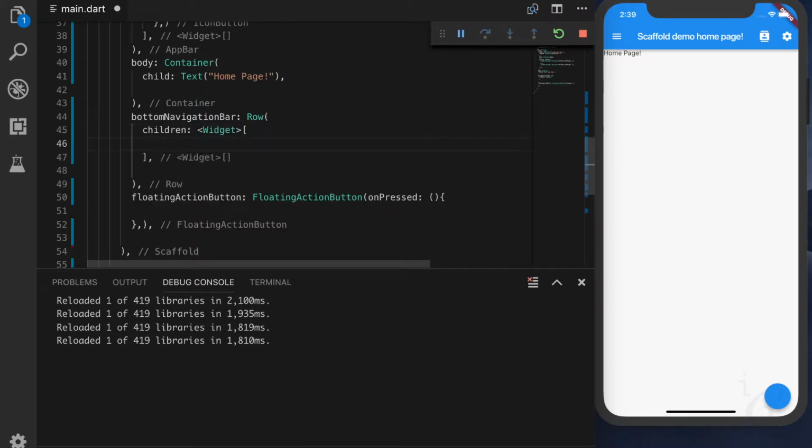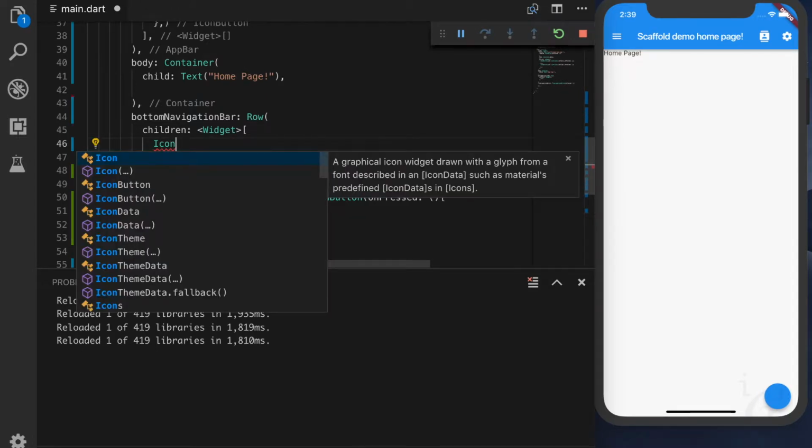So row is actually a horizontal arrangement of elements. It accepts multiple children, so we have to give 3 now. The first one always would be the home page, or the page where you are having that bottom navigation bar.